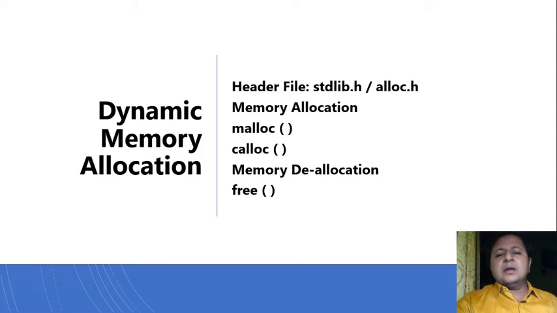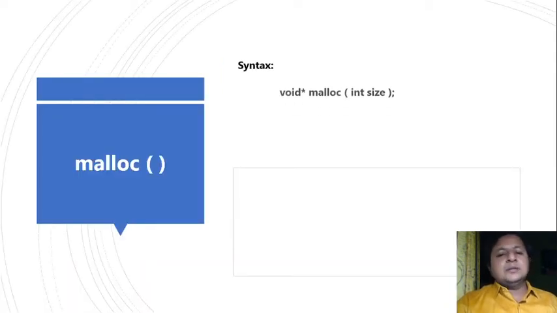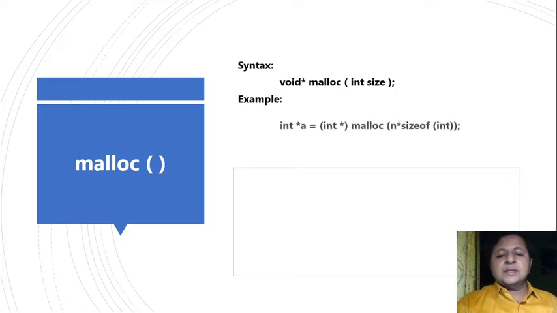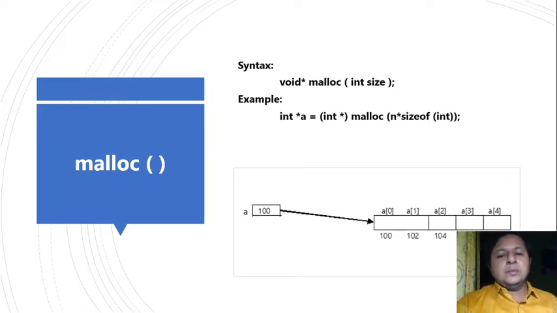We will be using malloc more often, even though we'll see both. And for memory deallocation, we have the function free. These functions are available in the given header files. So if we want to use any of the functions, the corresponding header files must be included in your program. Now to start with the syntax of malloc, and we'll see how exactly we can allocate memory. So the syntax of malloc goes like this.